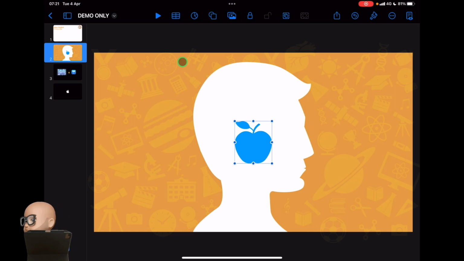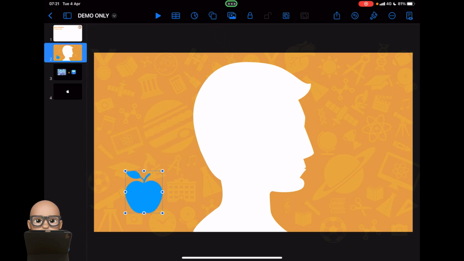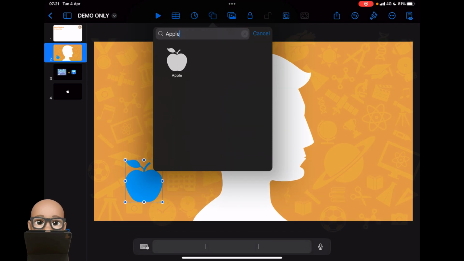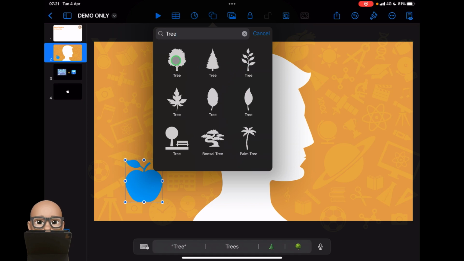When you add a shape, it always puts it straight in the middle of the screen, and it always defaults to blue, which is the default color for Keynote. Don't worry too much about the color just yet. Let's just get the shapes in. So I'll just grab 4. I'm going to grab a tree to represent that I like nature, possibly, and a palm tree even to represent that I like